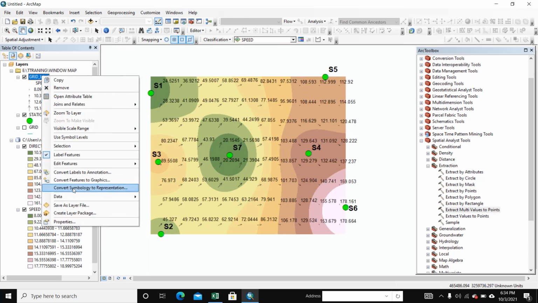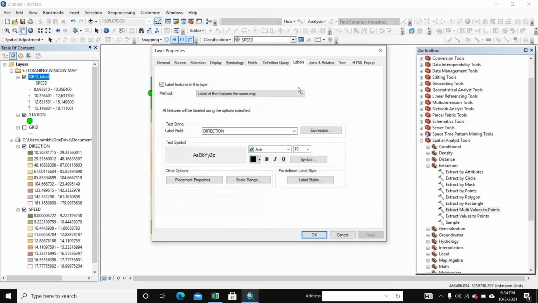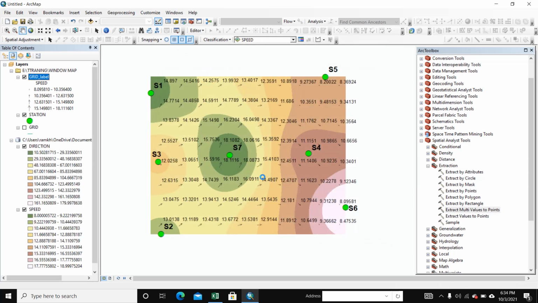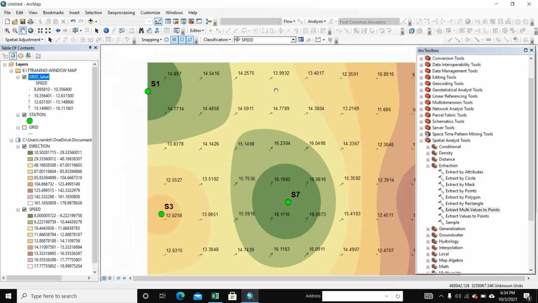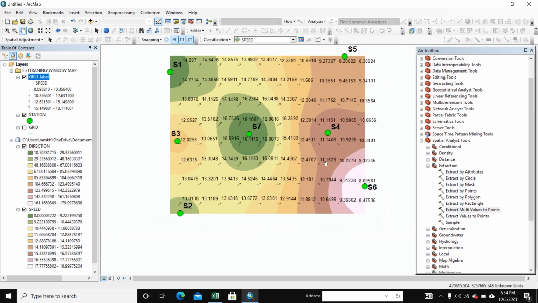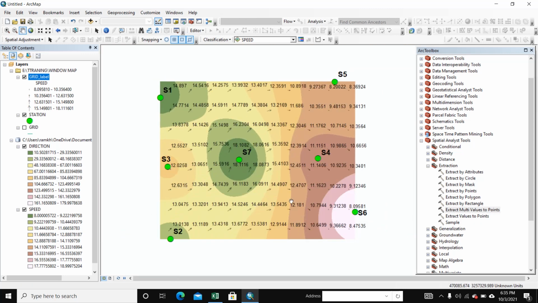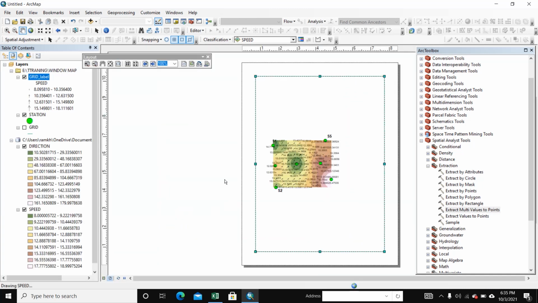And if you want to display speed, go to property and select here speed, apply, OK. Here is speed. You see every point. We created the wind map. So if you want to print it out, you take a print out,